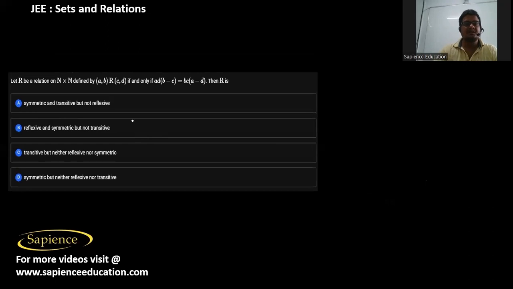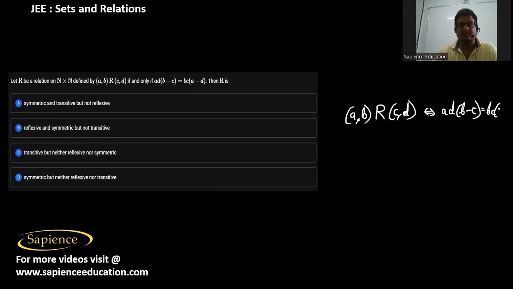Then here it is told, let R be a relation on the set N cross N defined by (A, B) is related to (C, D) if and only if AD into (B minus C) is equal to BC into (A minus D). Then R is,